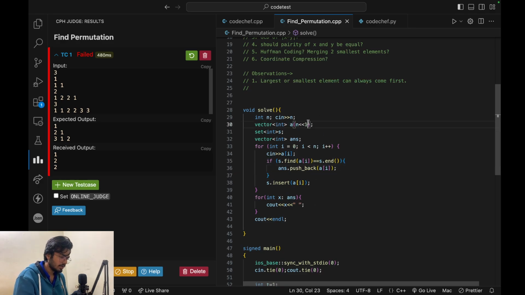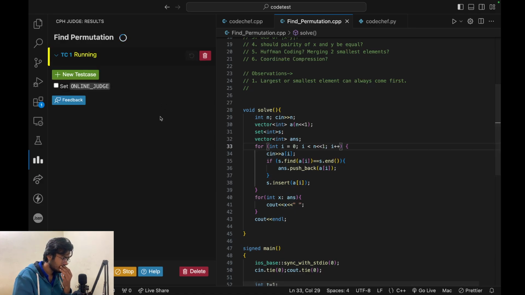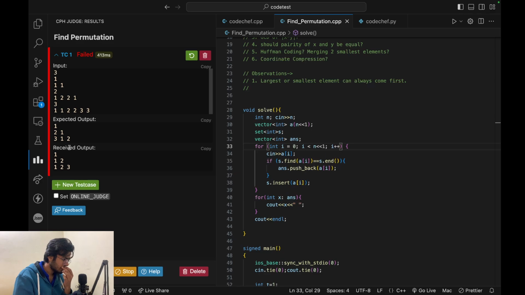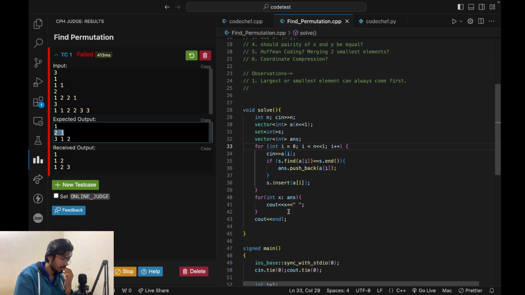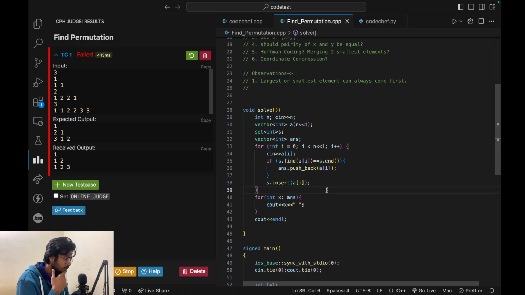Why didn't this work? Because I only went for a single loop, not twice. I'm getting a 1 2 3 also works, 1 and 2. Why am I getting a 1 and 2? Because I have 1 2 2, so 1 should come before 2, but since it was like that,